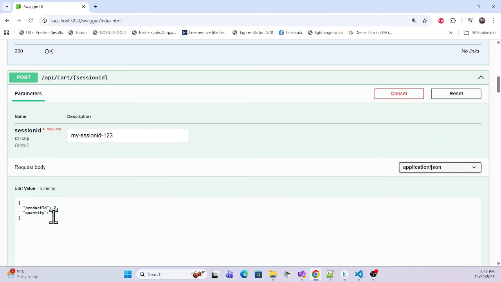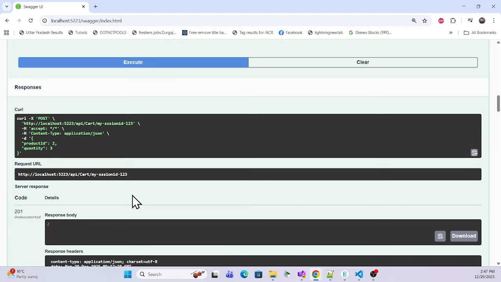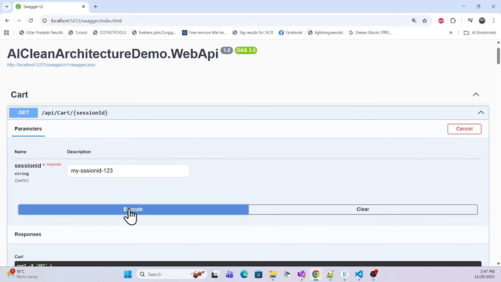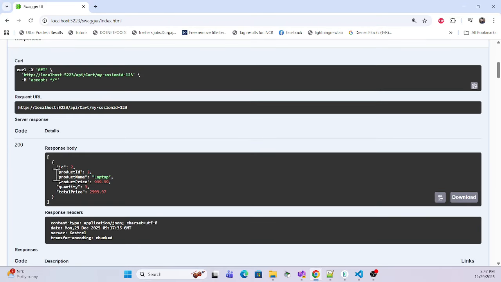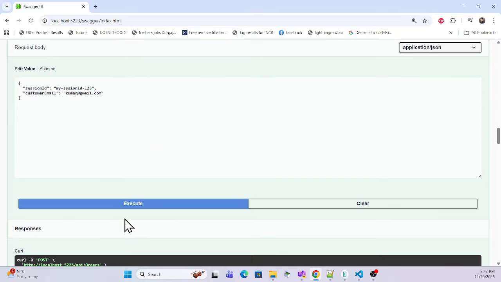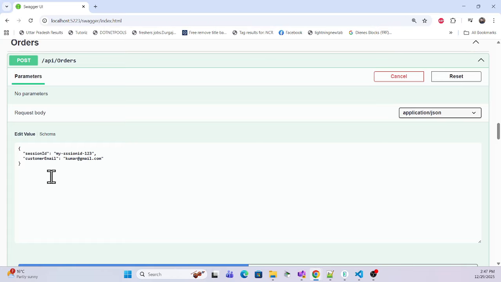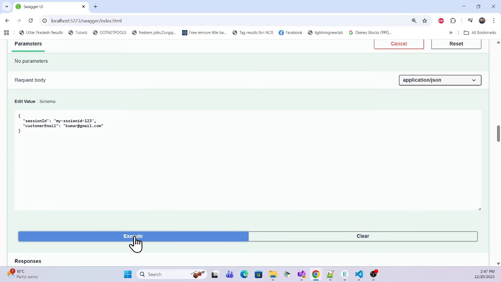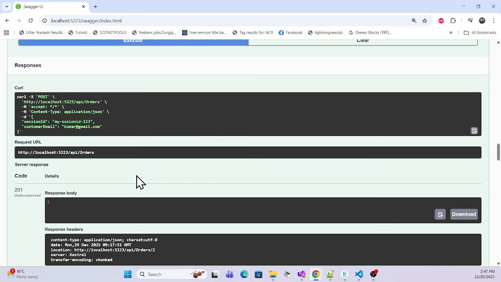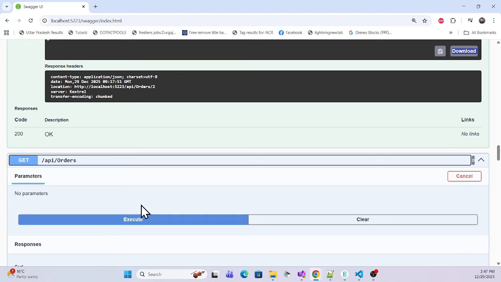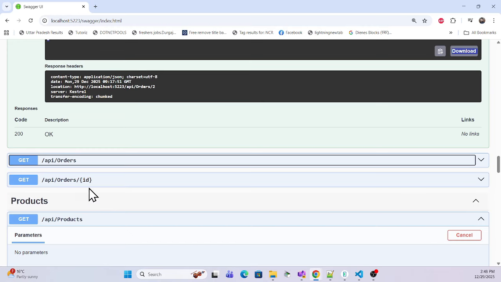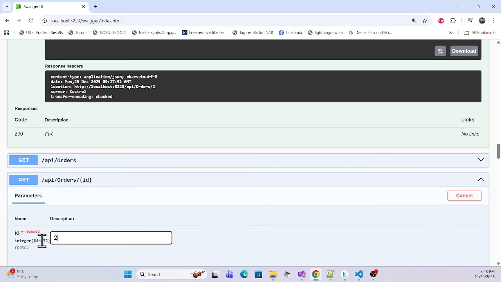So yeah, I'll just use the same ID, same product, and if I just execute, now card ID is 2, right? If I execute, yeah, card ID is 2, session ID is this. Okay, and if I just post this order, again I just want to post this order. Okay, ID is generated, but okay, so this is the issue actually. Once I post the order and order ID, if I just add a true,